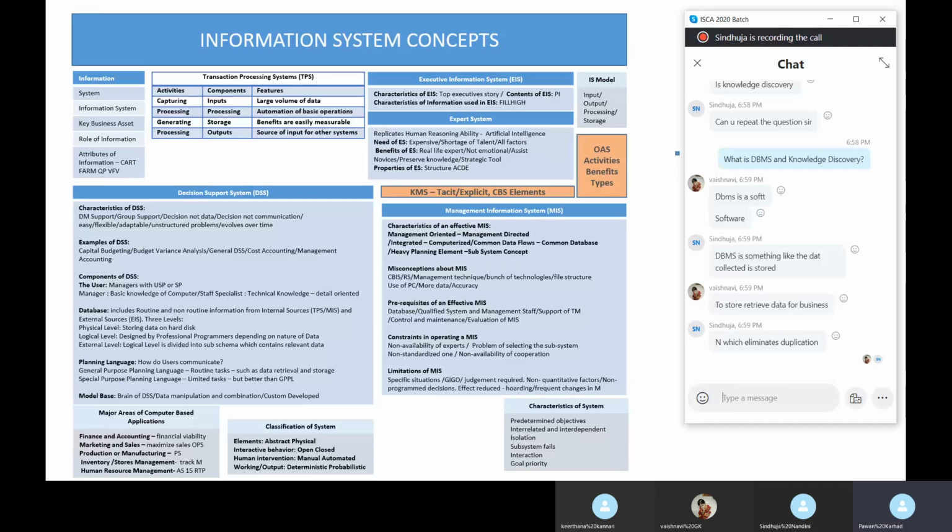Let's take an example of ICAI. We will collect the previous question papers of the last 10 years. After collecting them, we will assign marks for each and every chapter and do the analysis: these many questions for these many marks were asked in these many attempts. Now you will have a record showing that there are fluctuations in the data.